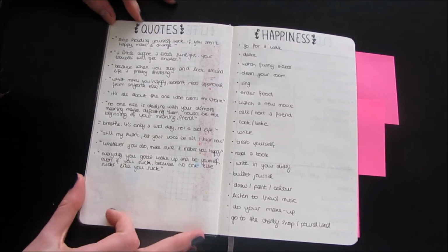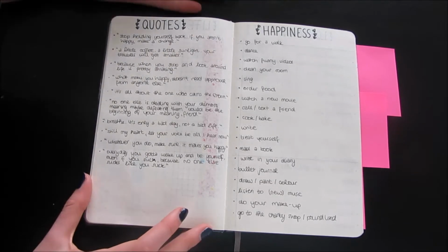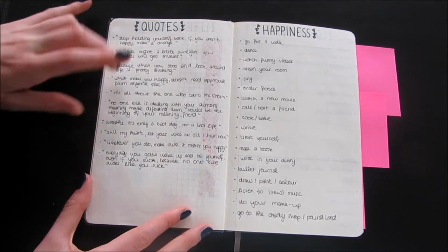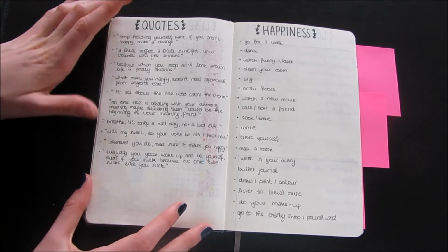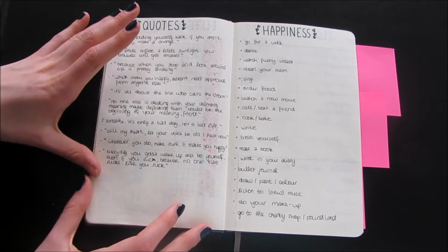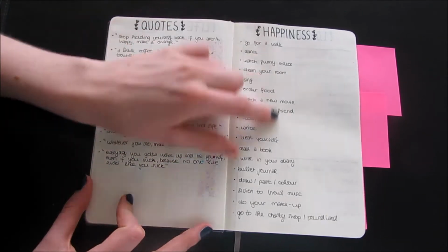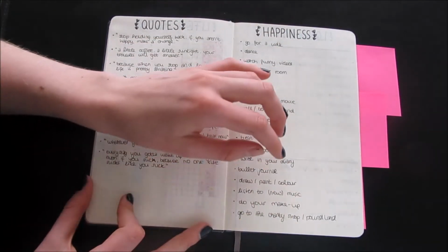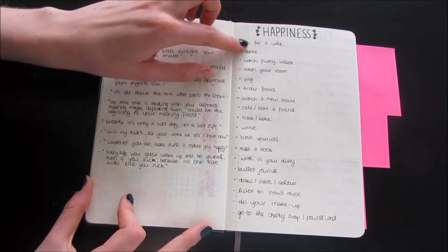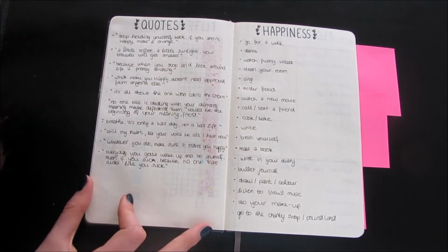Then I got two pages that aren't really necessary, but I really like them and I really like to look at them. It's a quotes page. When I see a nice quote on Instagram or Pinterest or Twitter or whatever, I'll just write it down here. And this is my happiness page. This just means if I'm bored or sad or feeling anxious, these are ideas I can do